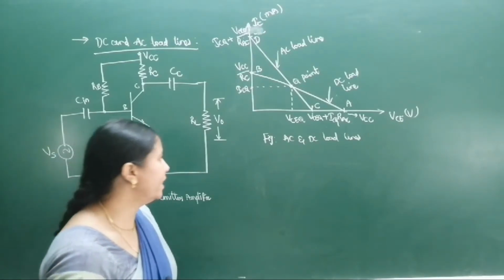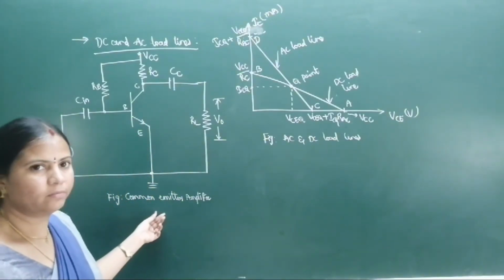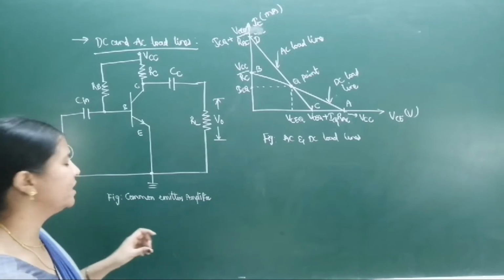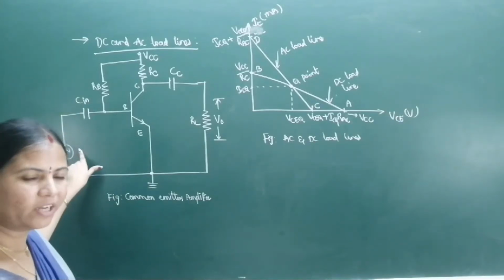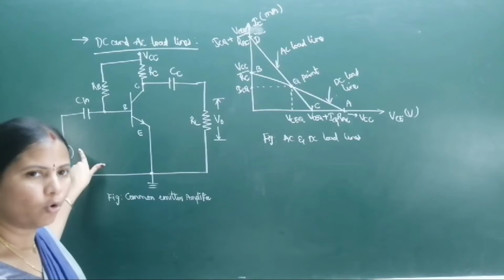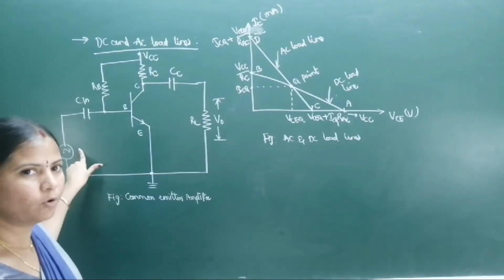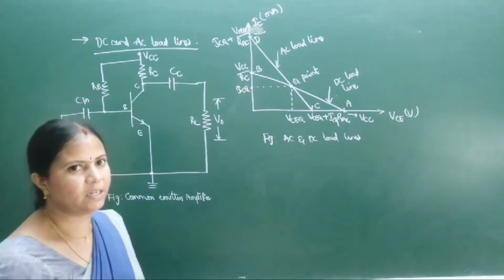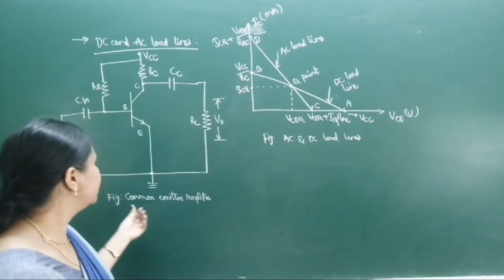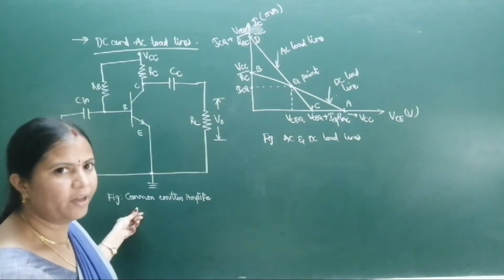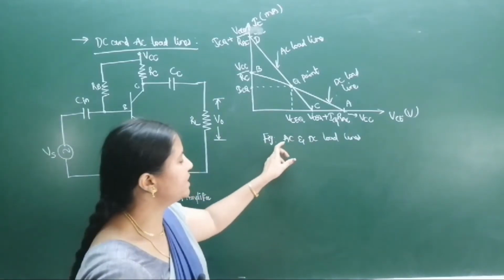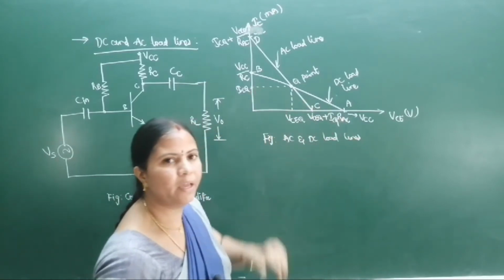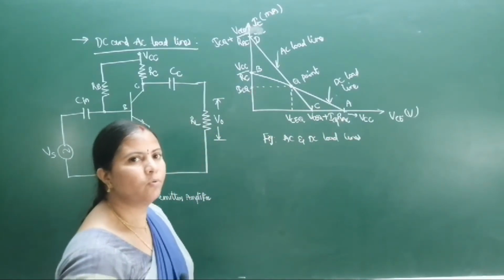Okay? So here this is the common emitter amplifier. We will get the DC load line conditions when we are not applying any input. When we are not applying any input, when there is no load, when there is no input signal voltage applied here, we will get the DC conditions, so that the DC conditions will exist when we are not applying any input to the CE amplifier or common emitter amplifier. Okay? Here in this AC and DC load line, the points AB indicate the DC load line. So how these points will be evaluated? That is what our topic now.